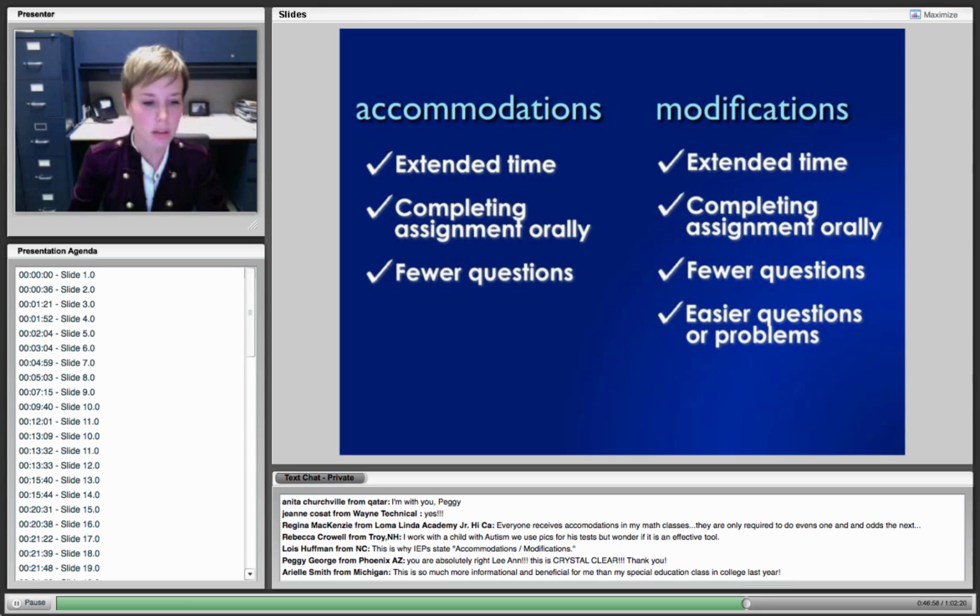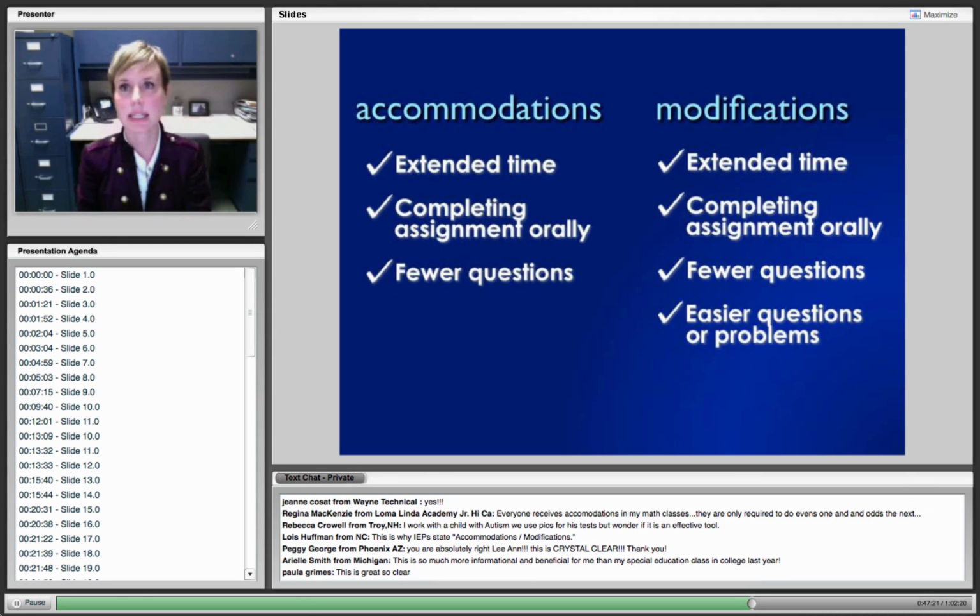Completing an assignment orally instead of in writing is a modification if we're measuring writing skills. So if we have an assessment where we're measuring the student's reading comprehension, and we're measuring the student's ability to make predictions or inferences with the text, and we're measuring their ability to put their thoughts together in an organized manner in paragraphs,